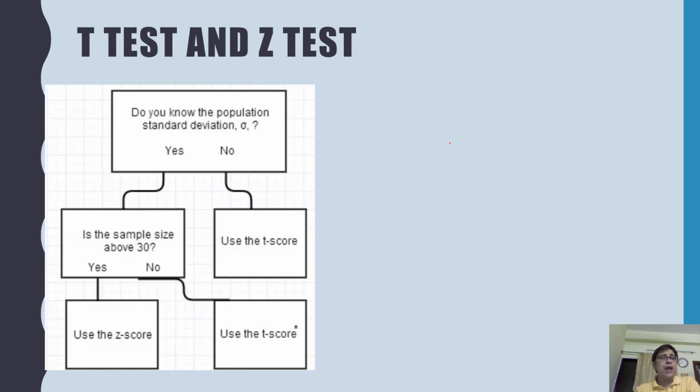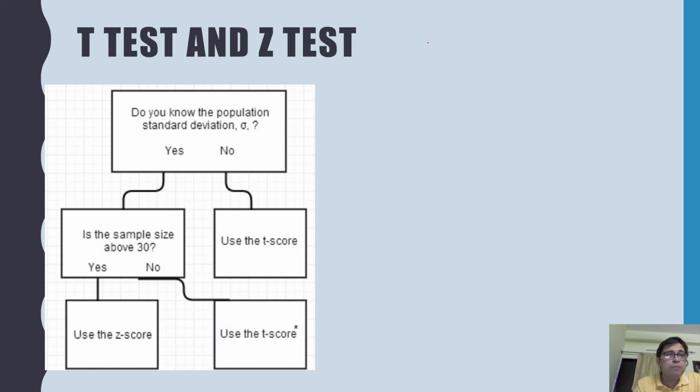Now, one question that can come to your mind is that essentially what we are trying to find out is whether the coefficients are non-zero or not. So for that, why can't we use a z-test or normal distribution? Because you know that normal distribution is the most commonly occurring distribution. Okay, so let's look at where you use t-test and where you use z-test.